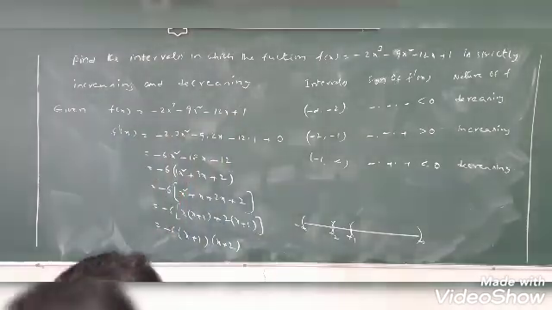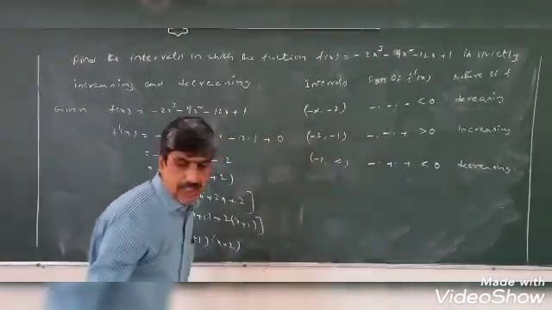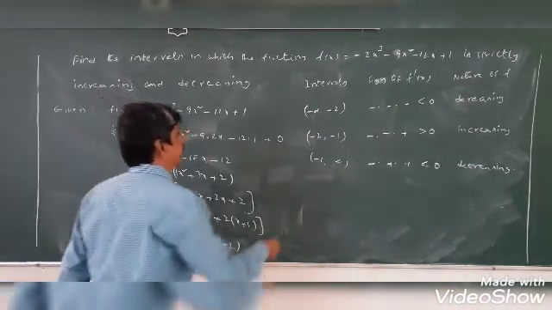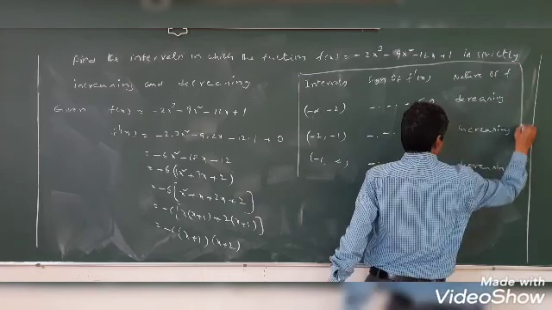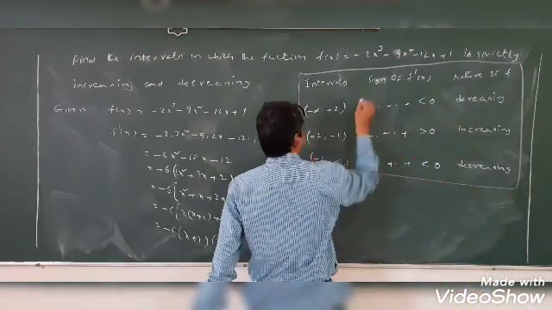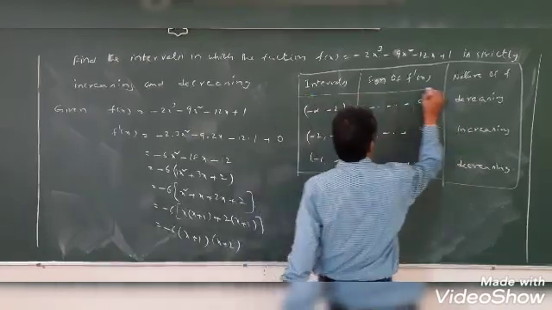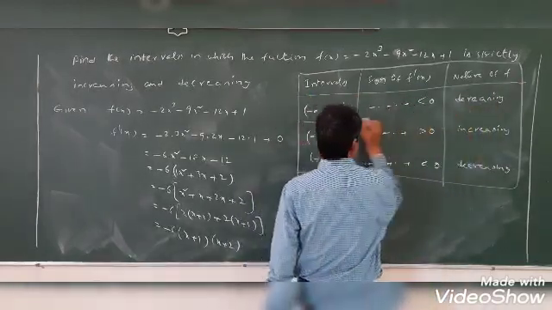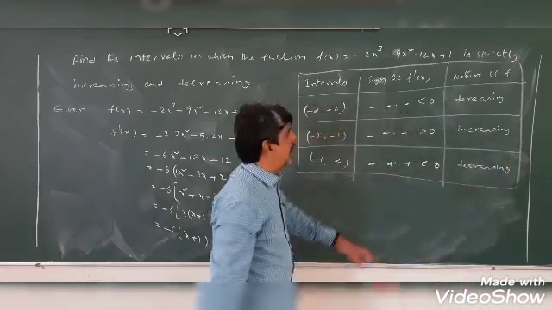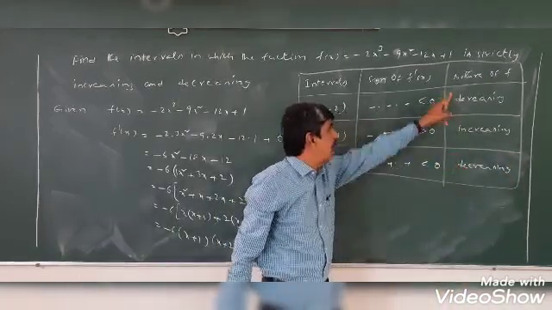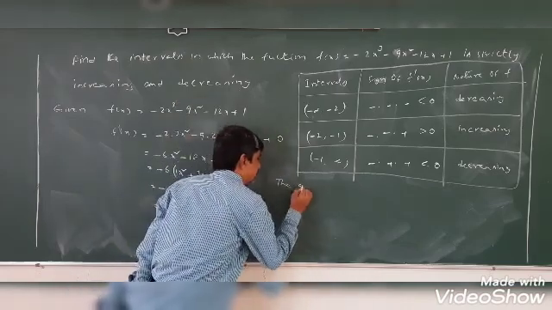Now we want to write when the given function is strictly increasing: for what values of x is f dash x greater than 0. In those x values, the function is strictly increasing. For what values of x is f dash x less than 0, the function is strictly decreasing. So here the decreasing cases, these two are there. So therefore the given function